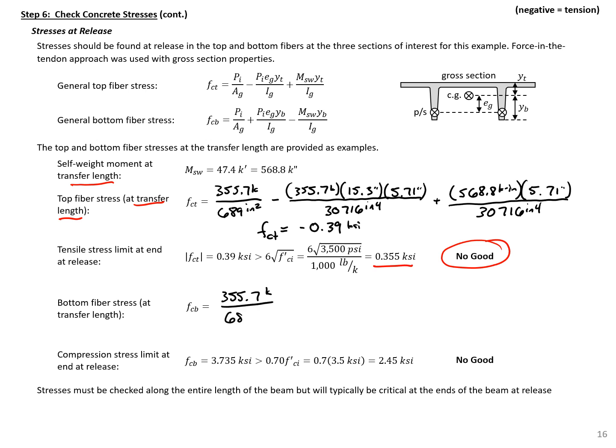355.7 kips divided by 689 inches squared. We're adding the eccentricity, which is going to add compression here. So 355.7 kips times our eccentricity of 15.3 inches times the distance between the centroid and the bottom of the section, 20.29 inches, divided by 30,716 inches to the fourth, minus, so our moment's going to cause tension in the bottom,